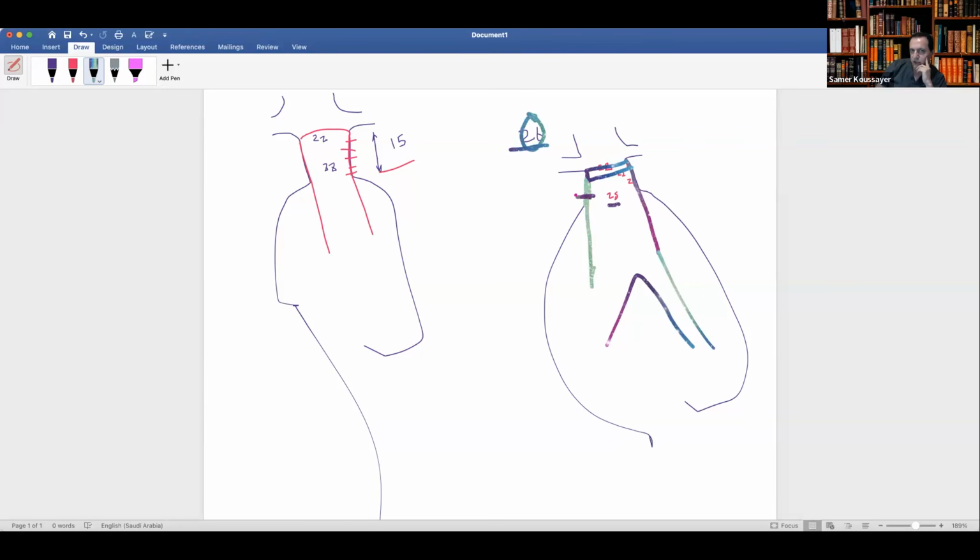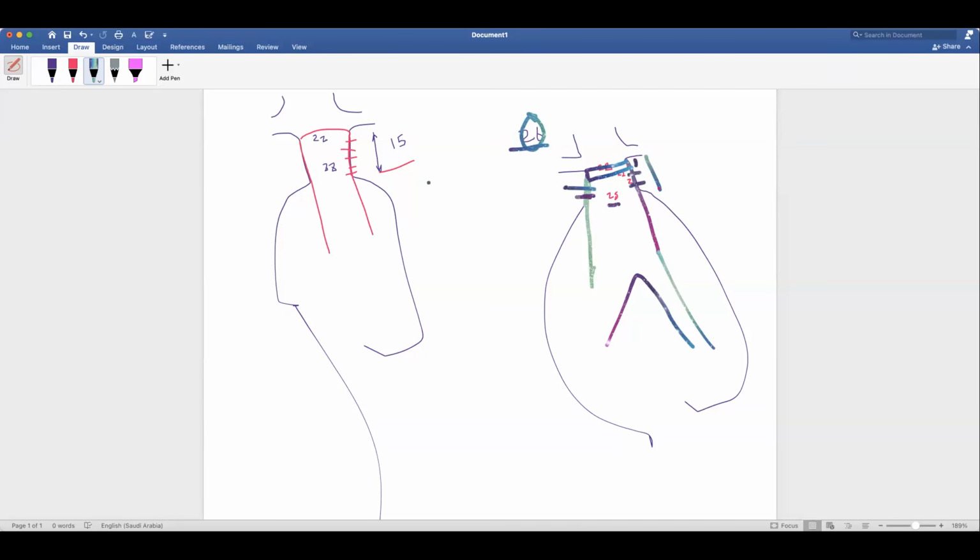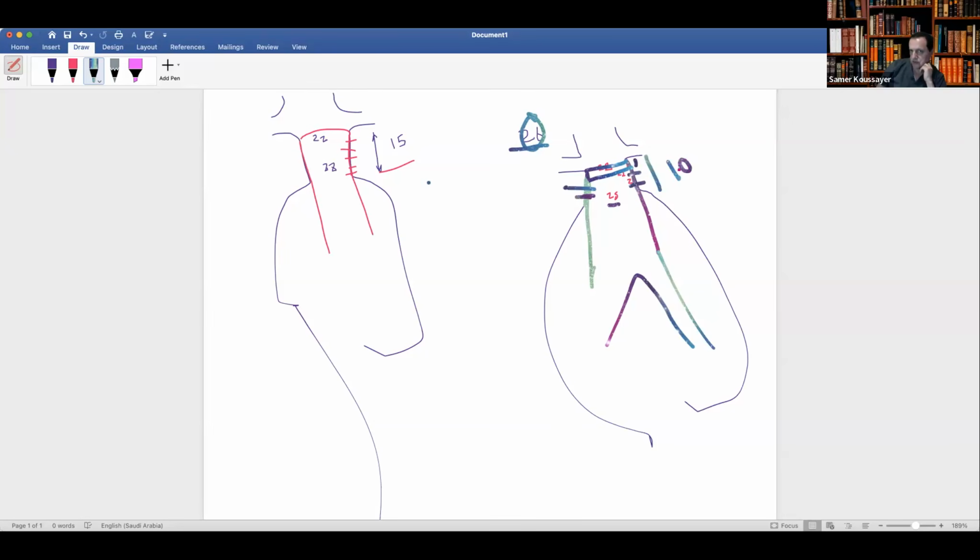The reason why here you need to use Endo Anchors. I got it. So here we have a 4 millimeter neck, but we have a 15 millimeter sealing zone. So you still need 10 millimeter sealing zone. Yes, if you don't have 10 millimeters of sealing zone, let's say here it is 28,